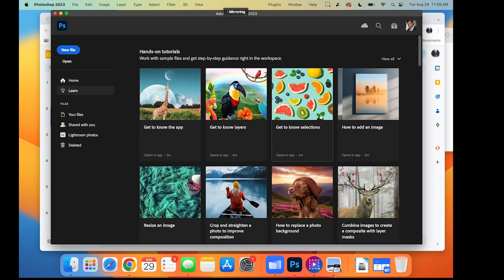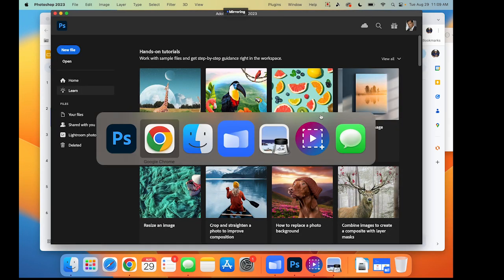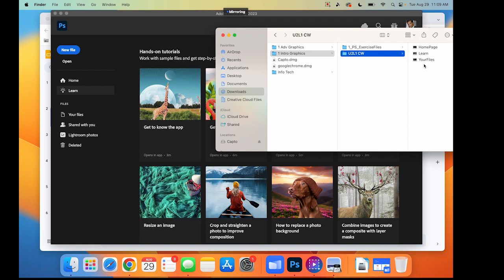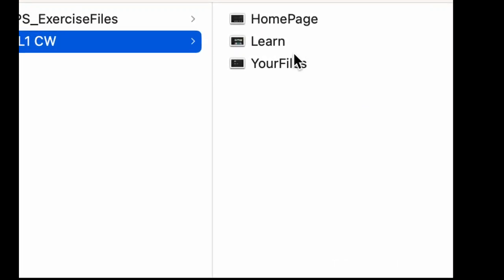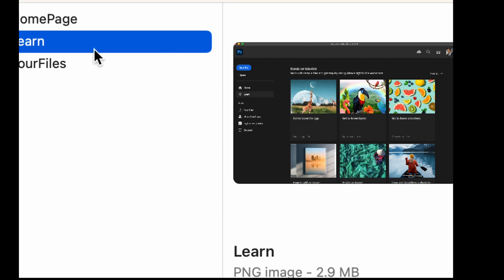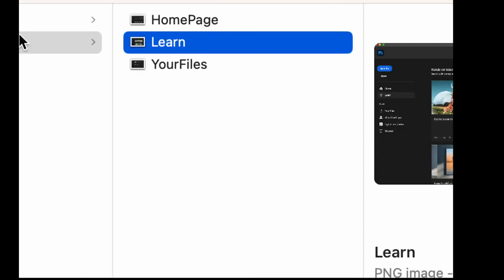But it's here. Okay, screenshot of this, please. Move it into the new folder, U2L1, and call it Learn. Rename it Learn, as you can see right here. Okay, there it is right there. So some of you might have your,